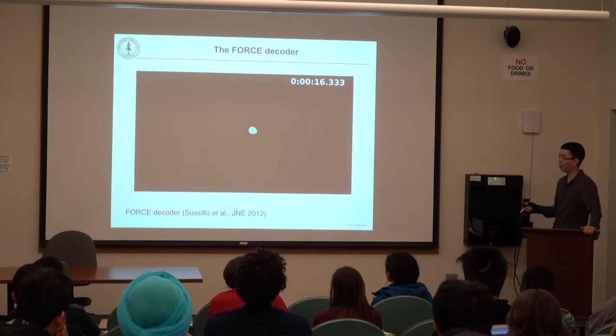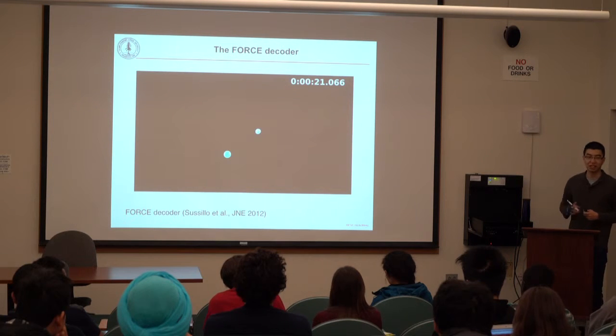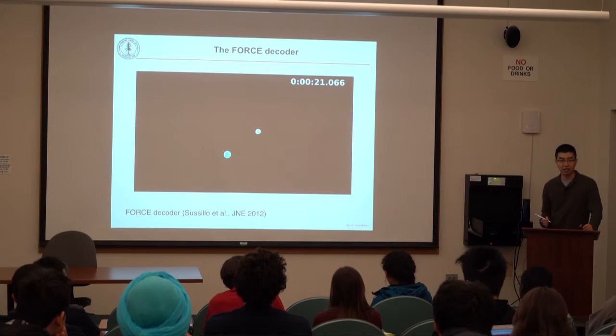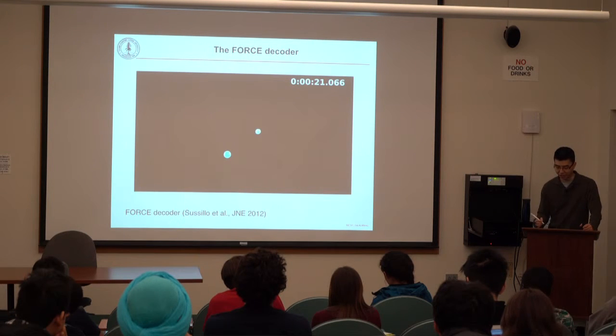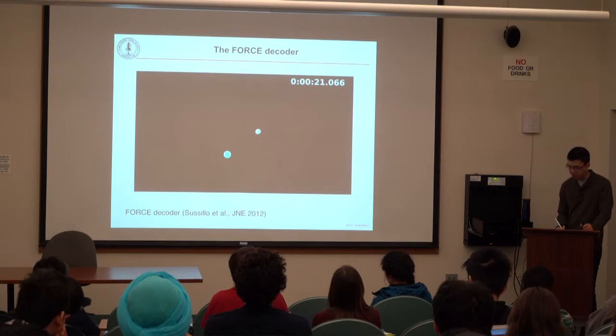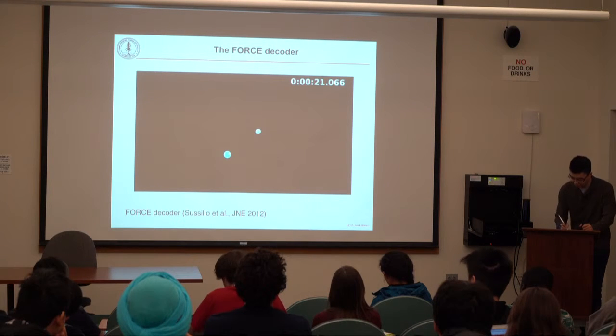So you can see that it also goes very directly to the cursor. Sometimes it overshoots, but when it gets there, it's able to hold on the target. And one of the benefits of these decoders is that because they're nonlinear, you can do a better job at reconstructing the underlying variables that you're decoding. And so one thing that we showed with this study is if you have